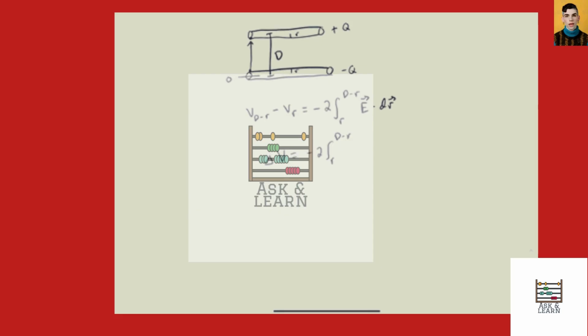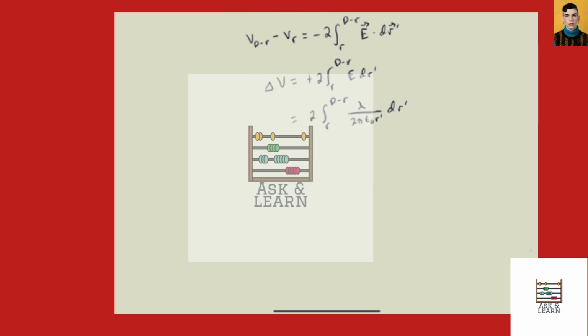Now the field is going from positive to negative the way I drew it. So up to down, this is the field. And I'm integrating in this direction. So E dot dr is going to be negative E times dr because they're anti-parallel. So this actually turns into a positive on the outside, and we get E times dr. And this is going to be 2 times the integral of dr from r to d minus r of, and then the